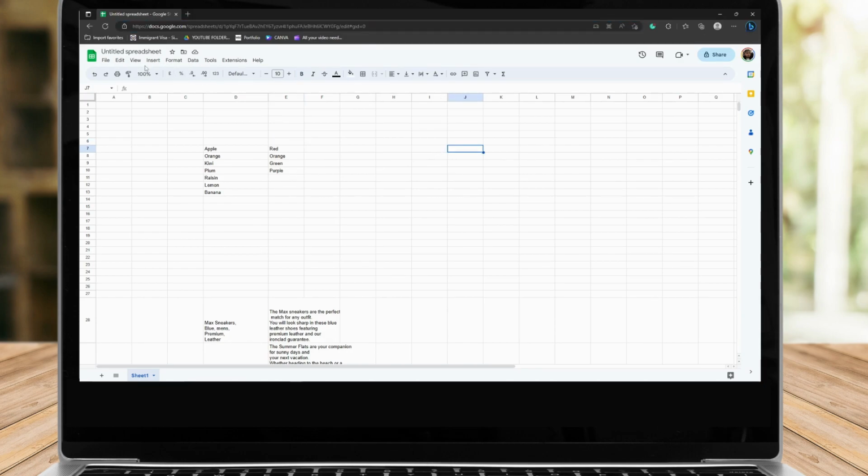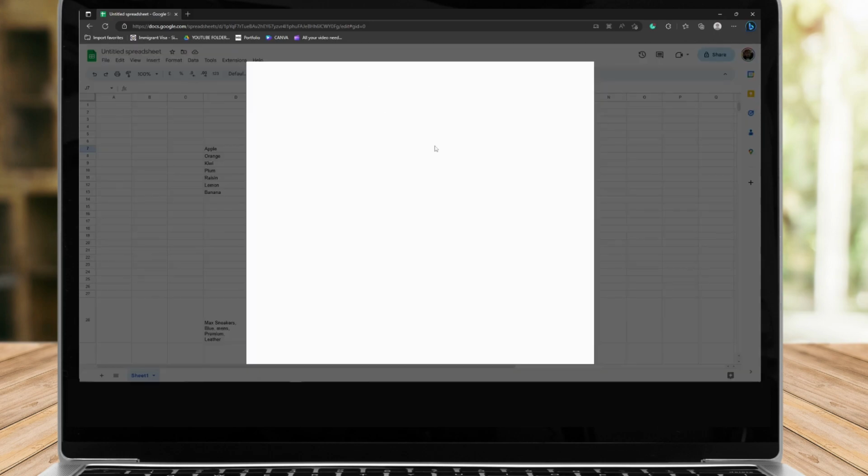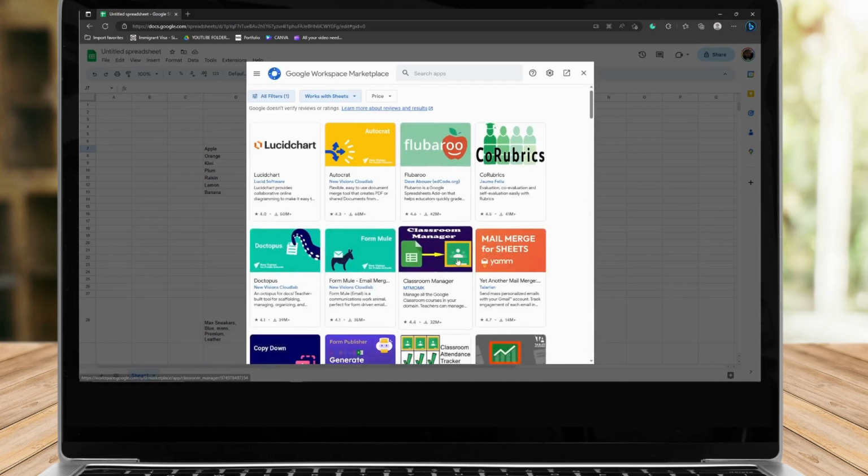Now, once you're here, I want you to look on the top part of your Google Sheets. You're going to have File, Edit, View, Insert, Format, Data, Tools, and Extensions. And also Help, of course. Let's focus on Extensions, okay? From here on out, I want you to be focusing on Extensions and look for Add-ons. Once you're in Add-ons, I want you to look for Get Add-ons, and it will redirect you to this store